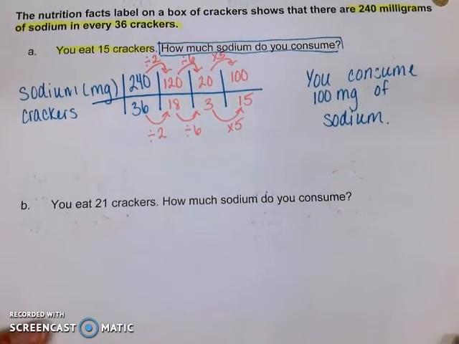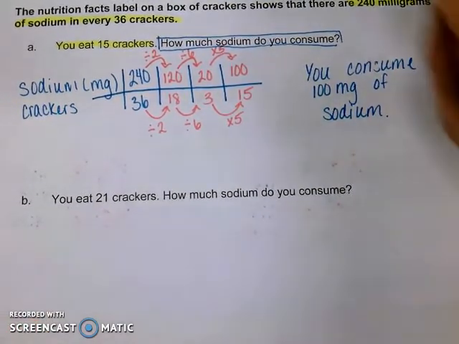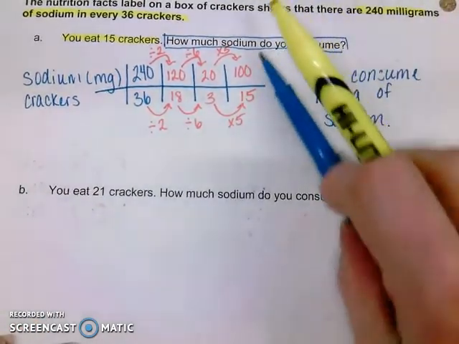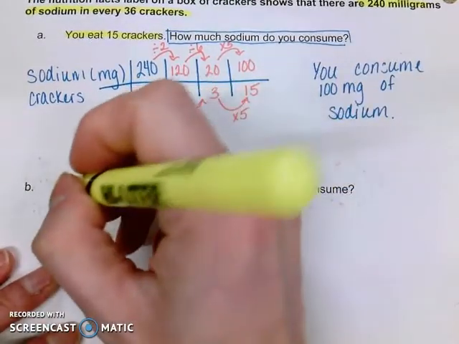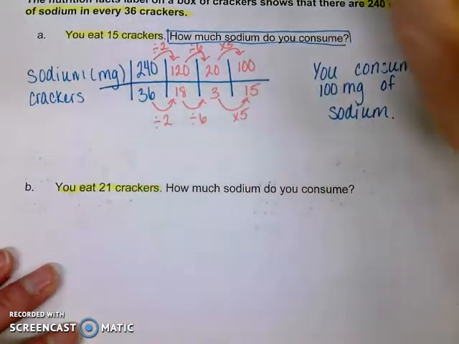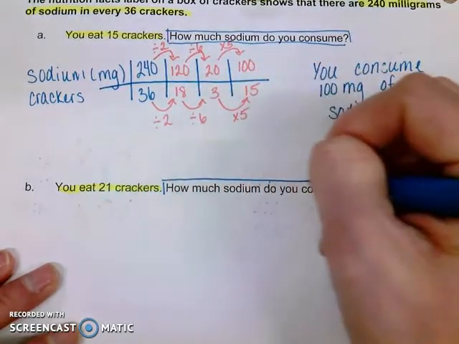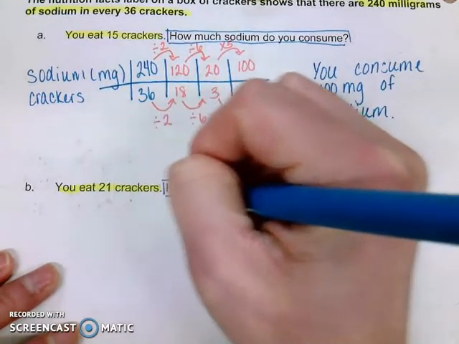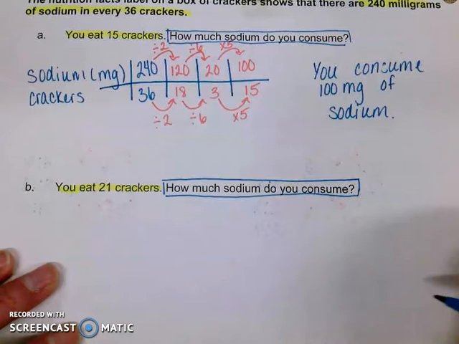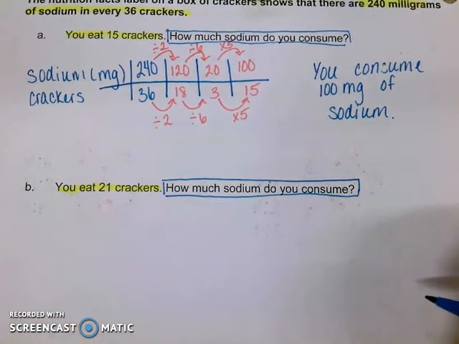All right, now we're going to say, I'm not quite done eating my crackers. I'm going to keep snacking over here. So now I'm going to say that I want 21 crackers. I'm going to eat a little bit more. Okay. So now we want to figure out, well, now, how much sodium am I eating? If I just keep going, I'm going to eat some more crackers. So we could create a whole other table,